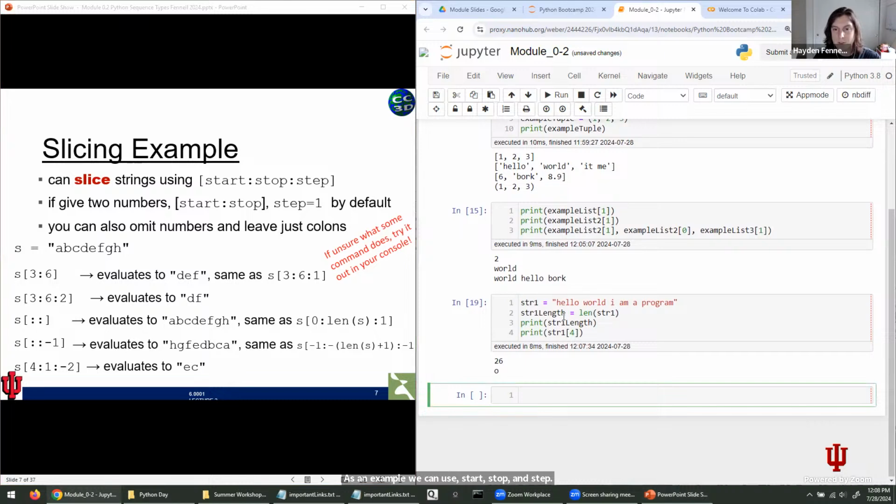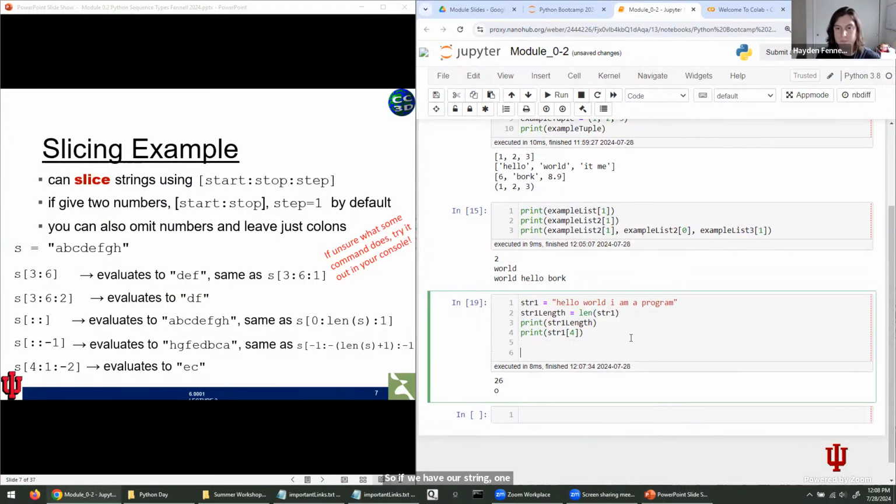So if we have our string 1 up here, if we wanted to just capture I am a program, we would say, all right, so we want to slice from 1, 2, 3, 4, 5, 6, 7, 8, 9, 10, 11, 12. So we would say